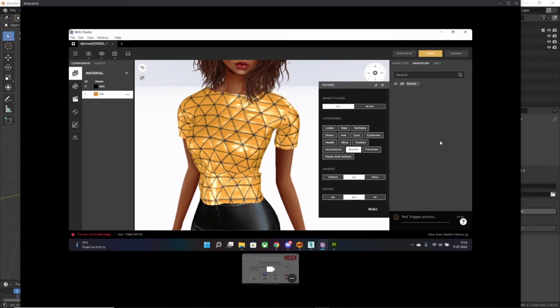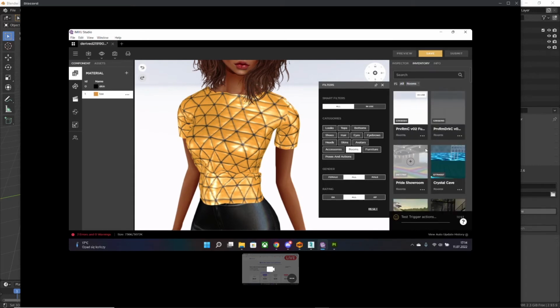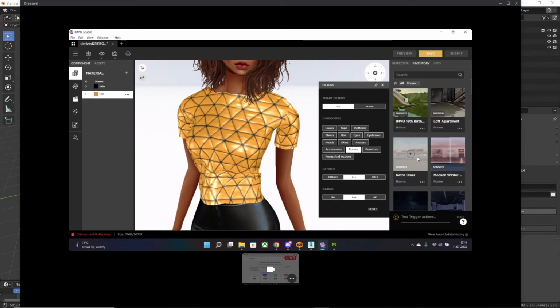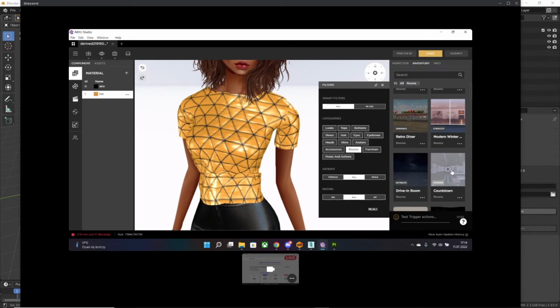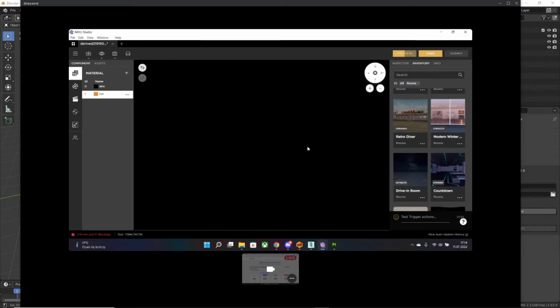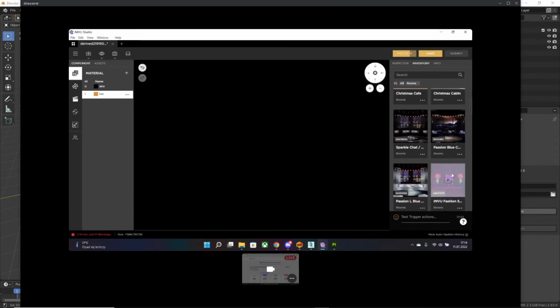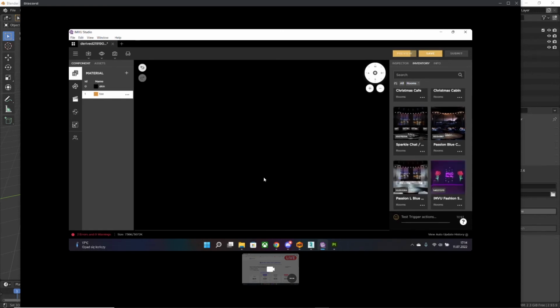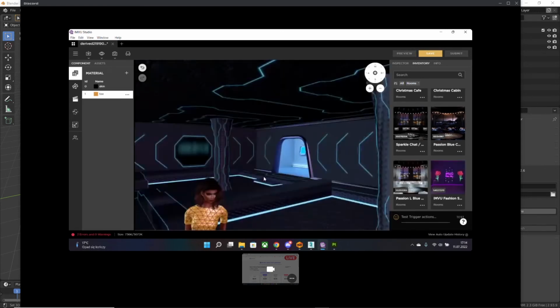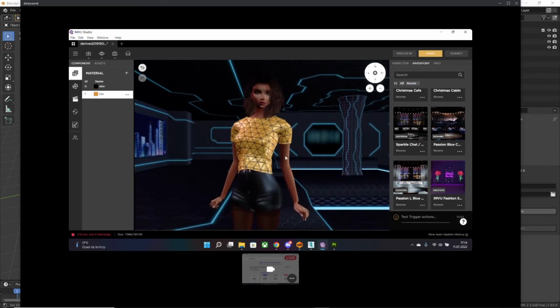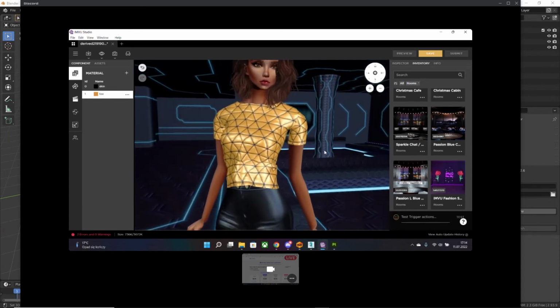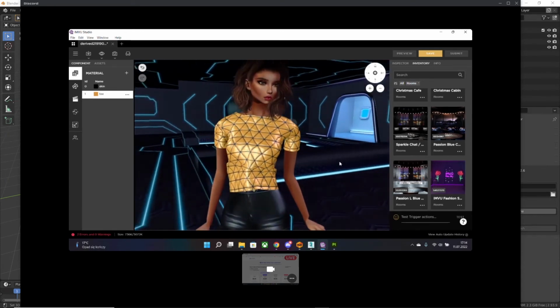If you don't use IMVU Studio, I encourage you to just try it and use it, because you can create a lot of amazing clothing and furniture as well. Just let me try to load a room, but I think I don't have lighting there. Oh yeah, it does. It's got an animated light. Yeah, so I just wanted to showcase